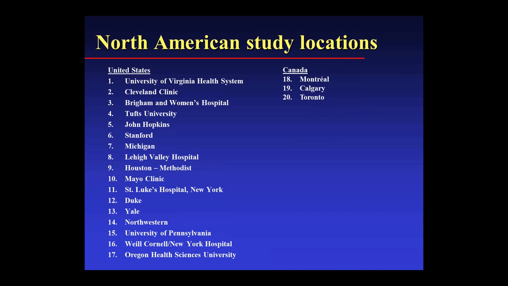We're listed on clinicaltrials.gov, and you can see which sites are presently recruiting. I will tell you that we at UVA, University of Virginia, are recruiting presently. Cleveland Clinic is recruiting presently. Tufts is recruiting presently. Stanford is up and running but won't be recruiting till mid-August. Yale is presently recruiting, and Oregon Health Sciences University in Portland, Oregon is presently recruiting.